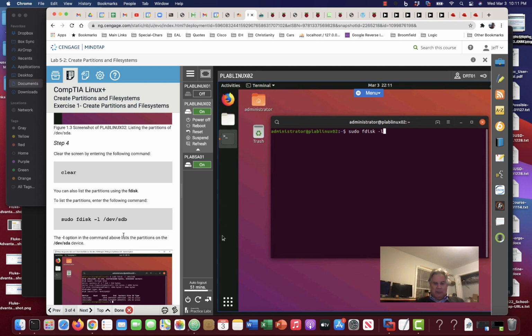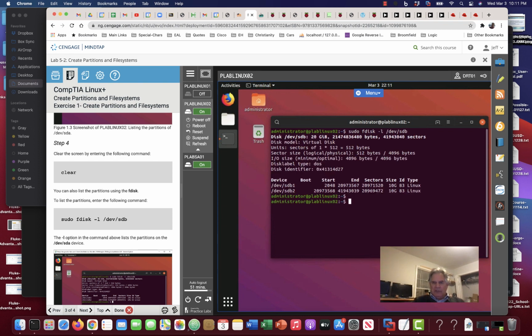But if you're working on a production system, you really want to be super careful what you're doing. So /dev/sdb, silent but deadly. All right, so we hit the enter command, and we get